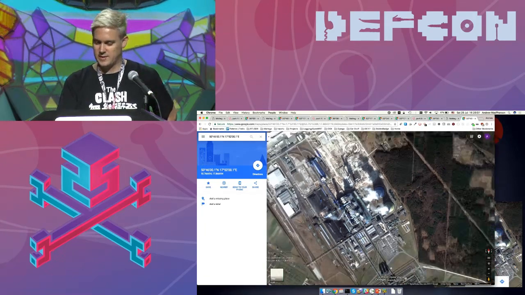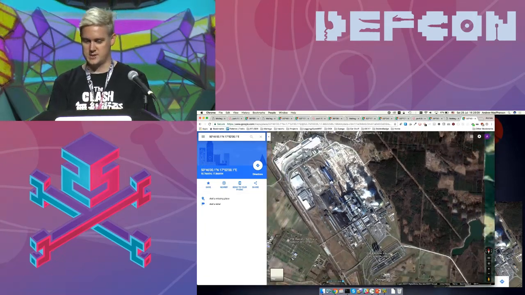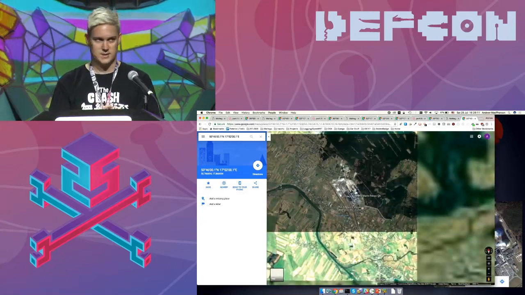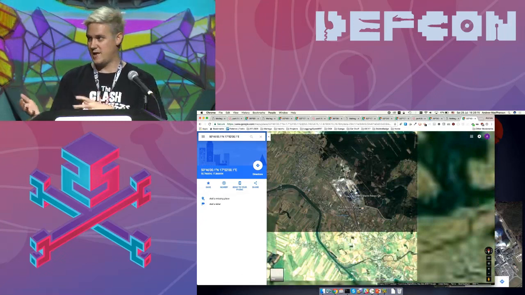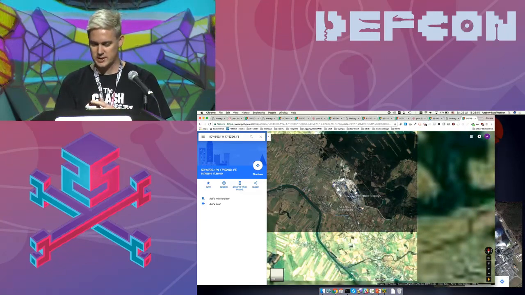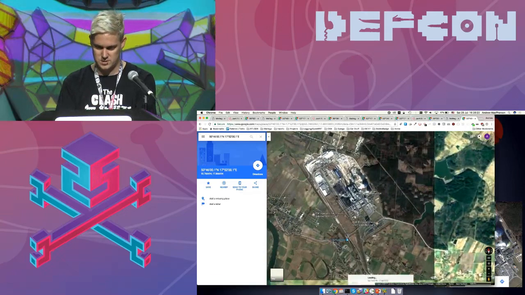And I can say, okay, if I know that this power station is there, and if you look around it, there's nothing, right? It's like countryside and no real town. So I'm not actually worried about hitting other ICS devices. So what I can do is say, well, let me take a coordinate kind of right in the middle of the power station over here.